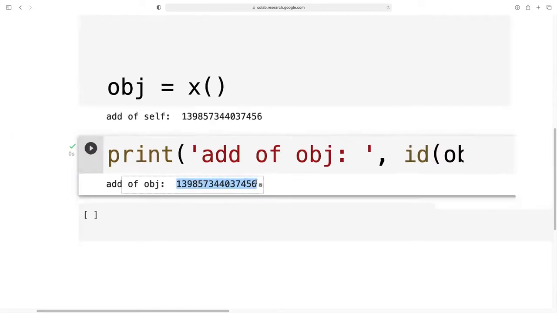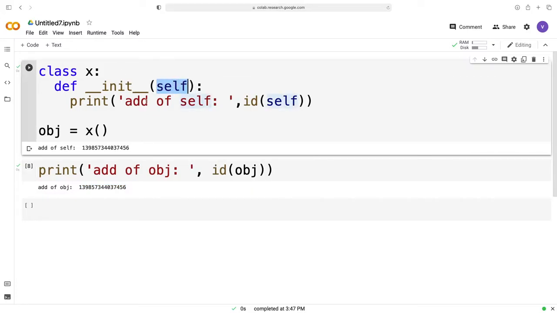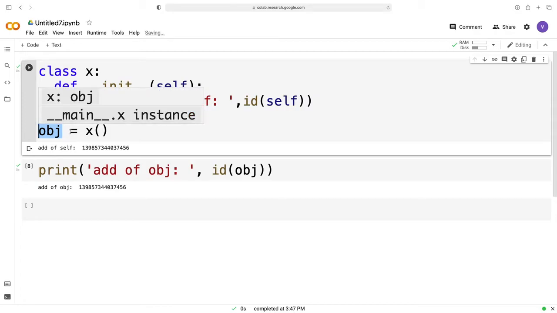So this is what referencing means in programming as well as in Python. Whenever you use self, it basically refers to the object of the class or the instance. When we say object, it basically means instance. Object and instance are used interchangeably in programming.